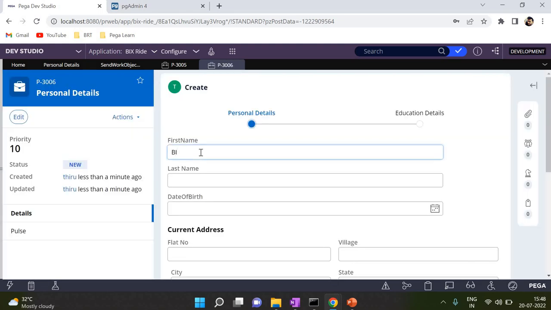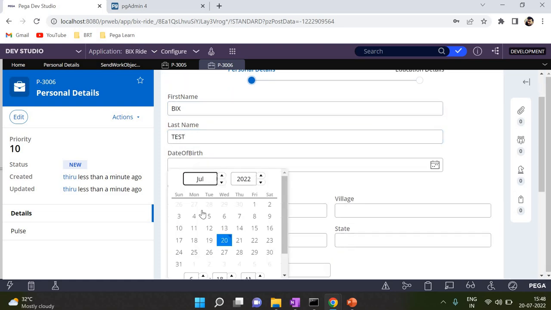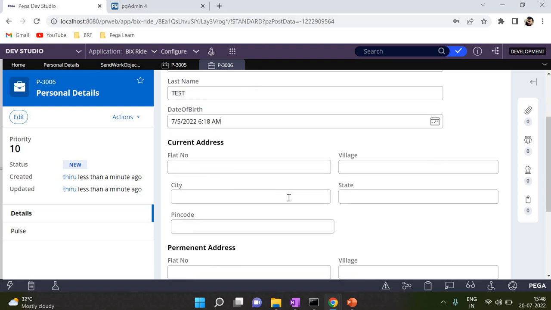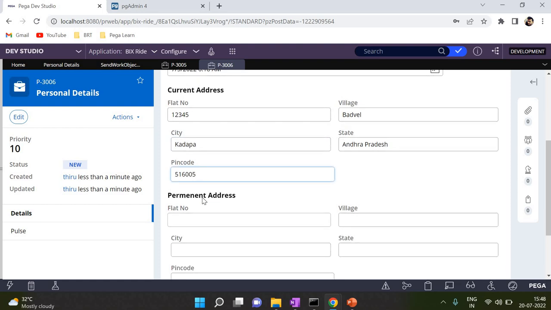First name is, let me give it as BIX. Last name is test. Let me randomly select one of the dates. Flat number is 12345, and village is Balbel, Andhra Pradesh, city Kadapa, pin code 516005,